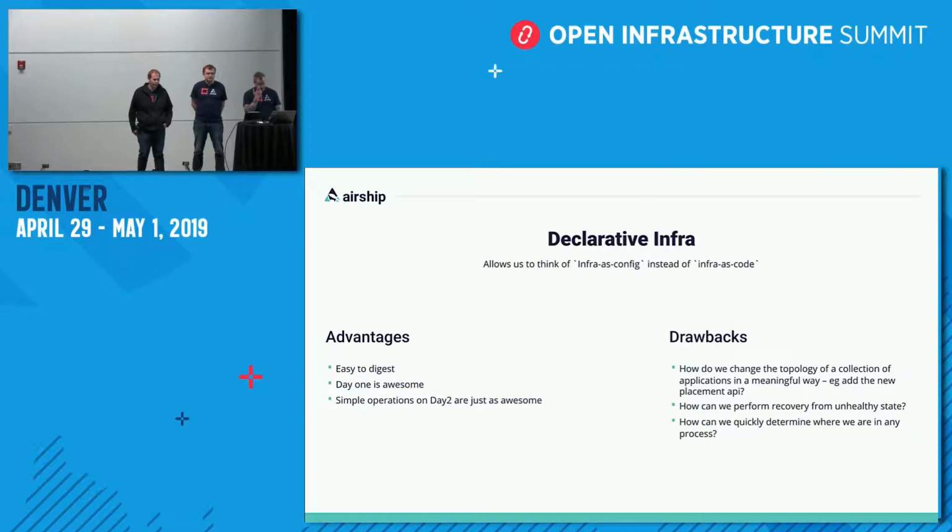Also, declarative infrastructure makes day one operations pretty awesome, at least in my opinion. As long as our configuration matches the models for our system, we can usually go and grab coffee and simply watch the console or tail log files for something that's operating, while the underlying software takes care of the heavy lifting for us. And also, simple day two operations can be just as awesome. Simple changes can be achieved by simply updating our infrastructure configurations and triggering an update while we go and refill our coffee. You want to talk about some of the downsides, though, Pete?